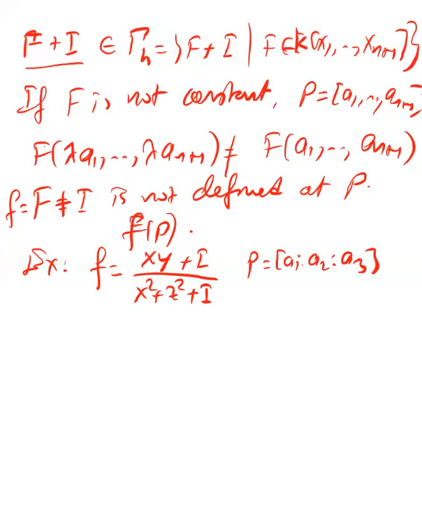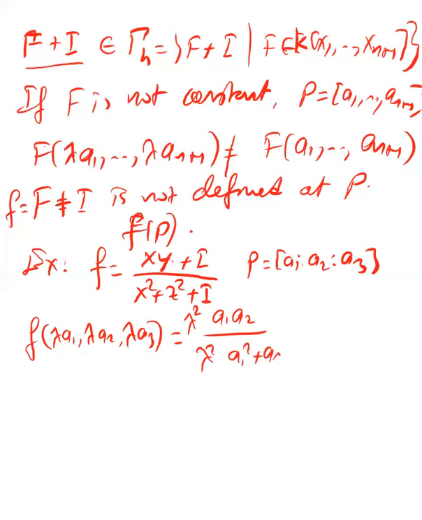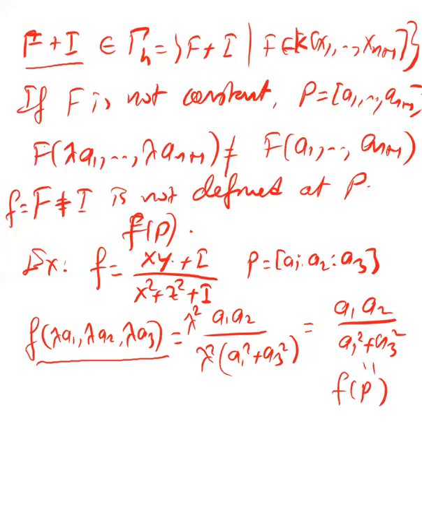Then if you take any representative, let's say (lambda a1, lambda a2, lambda a3), this is a1 times a2 over a1 squared plus a3 squared, after the lambda squared cancels. If we define f(P) to be a1 times a2 over a1 squared plus a3 squared,